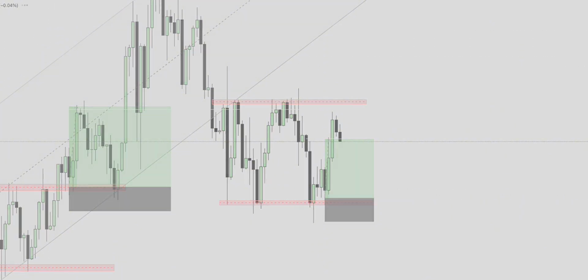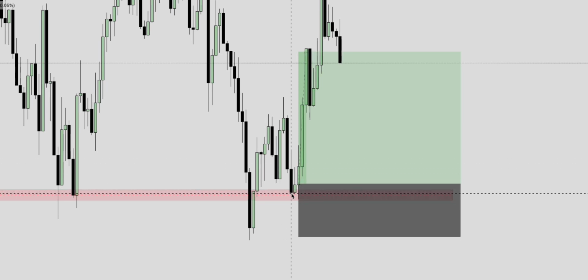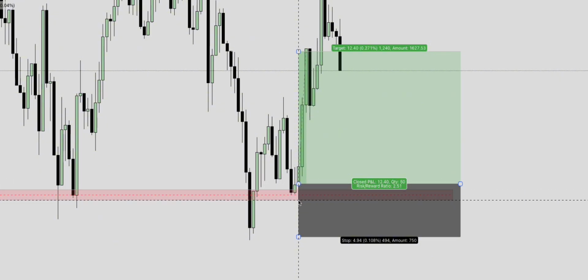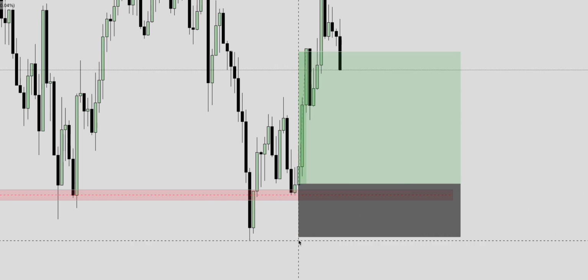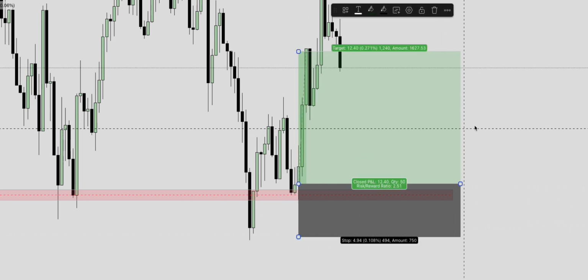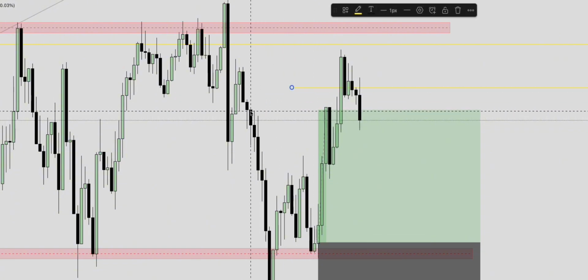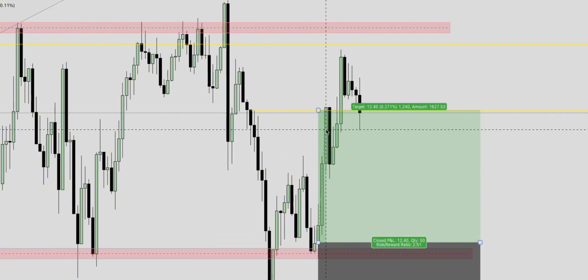In this case, I waited for market to give me 6-minute confirmation, which is after market started retracing down to the zone here. I waited for this 6 minutes to close. Then this second 6 minute pushed up, then reacted, started pushing back up. I knew that we're gonna buy now, so I bought immediately. It wasn't a buy limit, but a market execution with a 50 pips SL with a 1 to 2.5 risk reward, which was here. And if you remember, this is usually my TP, candlestick without no wick. So that was my TP.